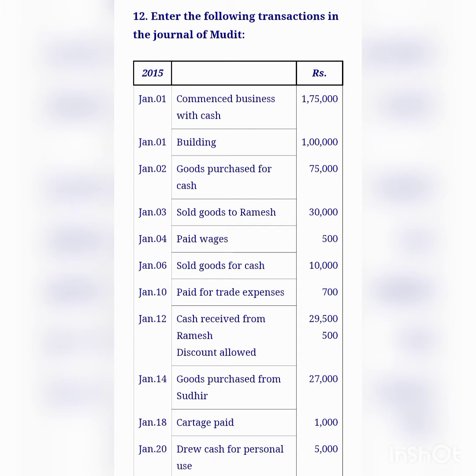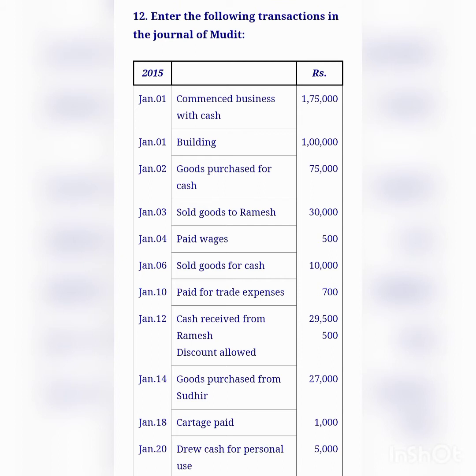At the same time, there is another aspect, the liability of capital. Capital is a liability of the company. By investing money in the business, liability will also increase. When liability increases, credit that account. So we credited capital account. The entry will be cash account debtor 1,75,000 to capital account 1,75,000, being business commenced with the cash.